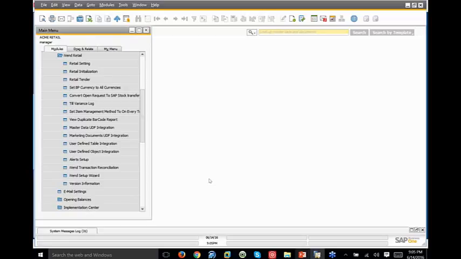So if you want to have some additional data captured in SAP Business One, which you want to be available in iVend Retail for further analysis, for further reporting, etc.,